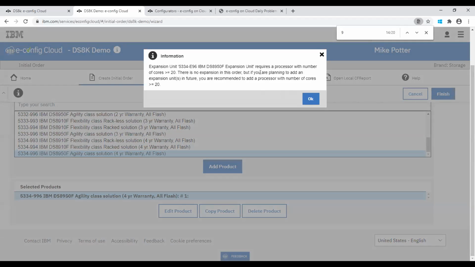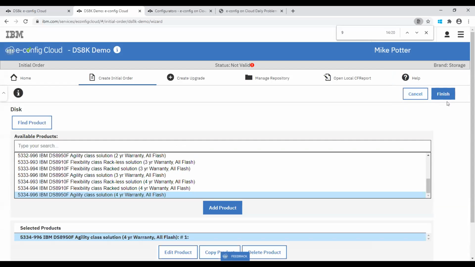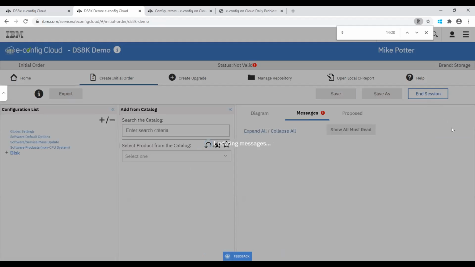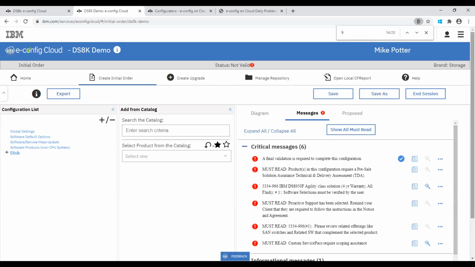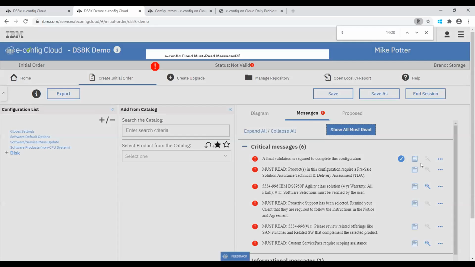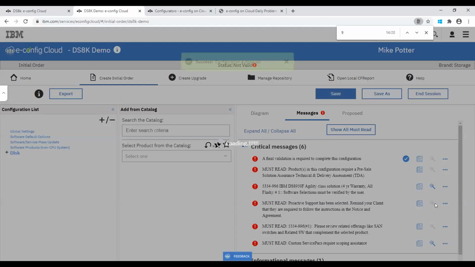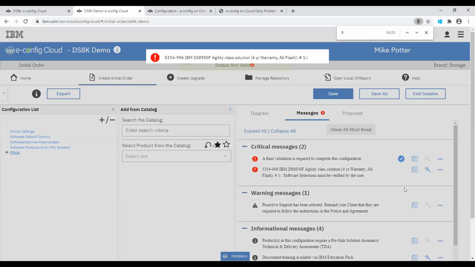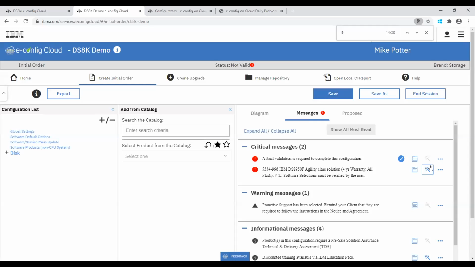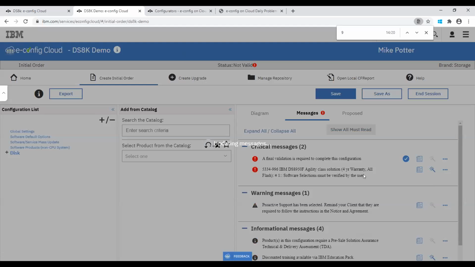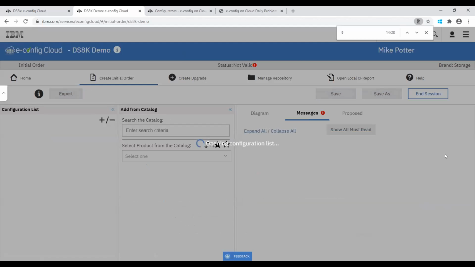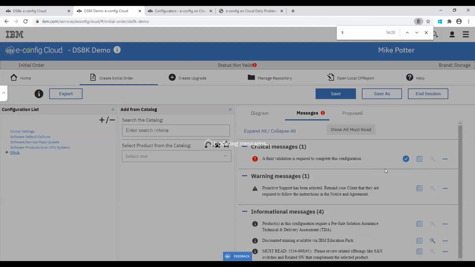And it's just saying, if I want an expansion user, that's the usual pop-up you'd get within eConfig desktop. And then it's a case of finishing. Mark, interestingly, went through these one by one. I personally would always go show must read if you know what you're doing. Makes it much easier to do. All of a sudden, I've only got 2 to do. Makes it much easier to roll through. So again, you just need to check your software as per usual, and then go back. And then to validating it,